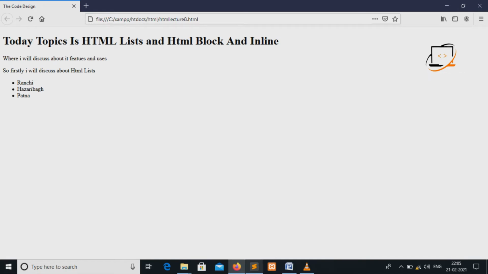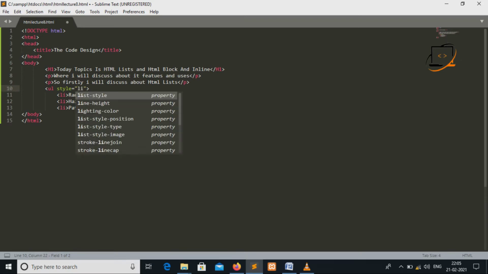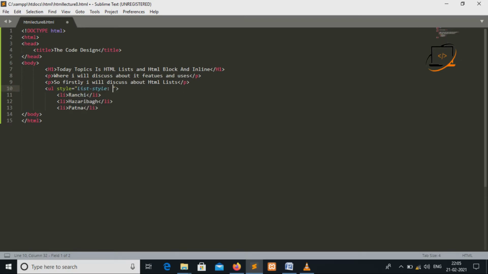We can also change the type of the unordered list. If we want to change the style of representation of the unordered list, then we use a style attribute in the UL tag. Here I am using style, then list-style-type. It is already disk, so I am taking none.